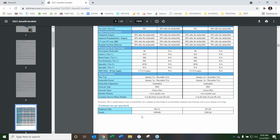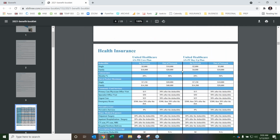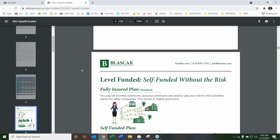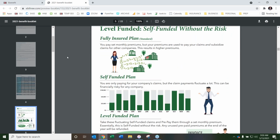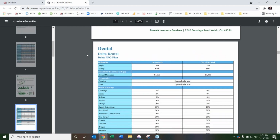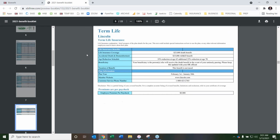And you can see right here, the premiums per paycheck based on what we put in step 5. Everything's nice, consolidated onto one page. You have in and out of network benefits, real clean cut. Here is the external PDF that I loaded in. That's a part of this. We have our dental, our vision, term life,